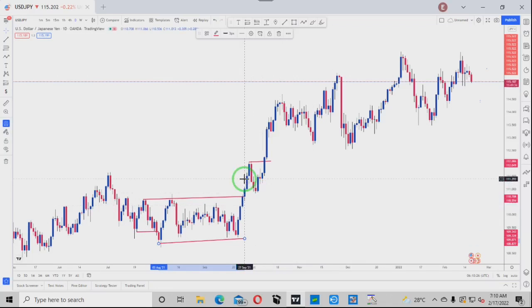Now, from what we have been saying since, does this break of structure here indicate or confirm that price is now bullish? Not at all. Certainly not. It does not confirm that price is bullish. All right? Why does it not confirm that price is bullish? It is because this could simply be a liquidity grab, and then before you know it, price can just drop down to continue with the previous downtrend. Do you understand what I mean? So that is why we don't consider the first break of structure as a confirmation of a new trend.